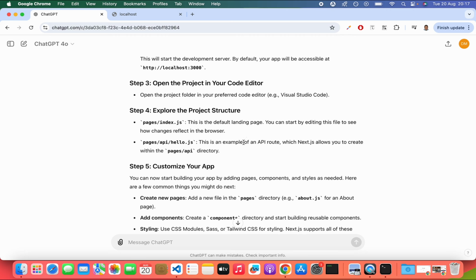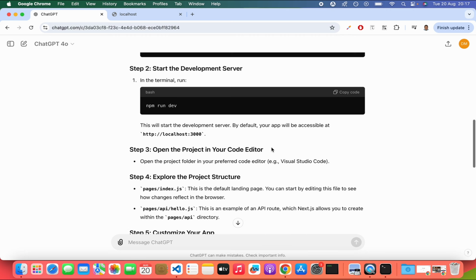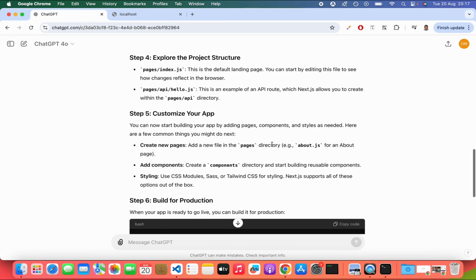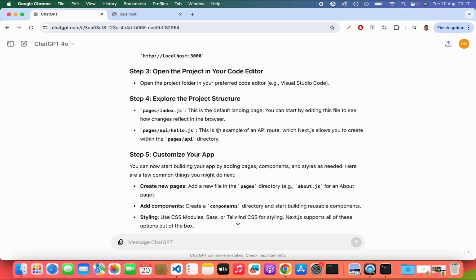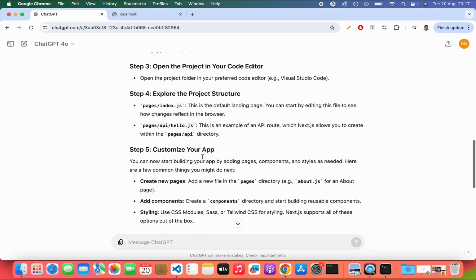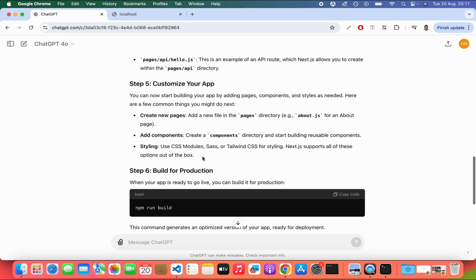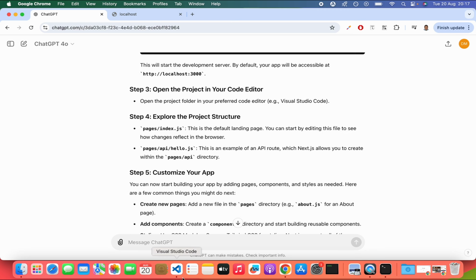Here it's just explaining how everything works. That's why sometimes you don't need to follow what ChatGPT is saying word for word. That's why you need to come into this knowing at least some basics, because I can already tell we don't want to use the pages directory, we want to use the new app router. So it's telling us about the pages, so we'll just say I want to use Next.js with the new app router. Can you